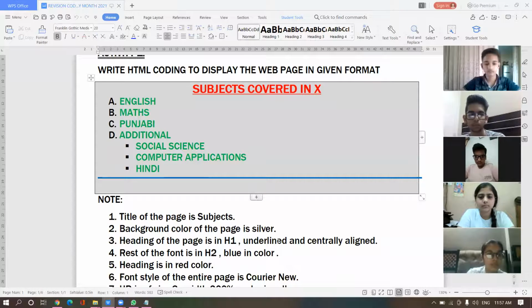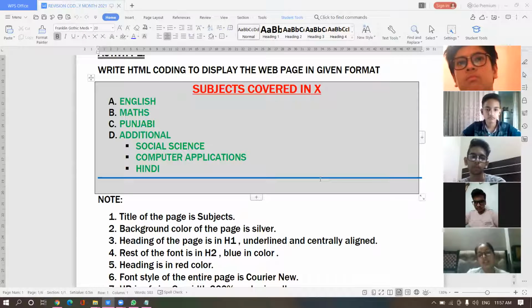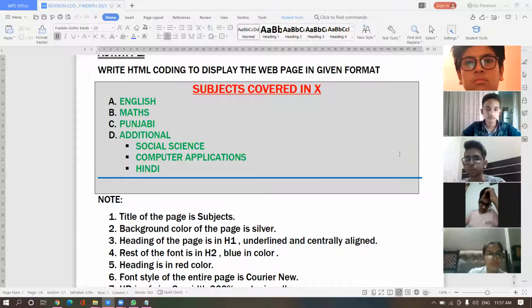A list is given. Who will tell me the type of list mentioned here? Yes, Himani. Which kind of list? Ordered list, and after the ordered list, an unordered list is there. But what do we call this combined concept, in which more than one list will be there?